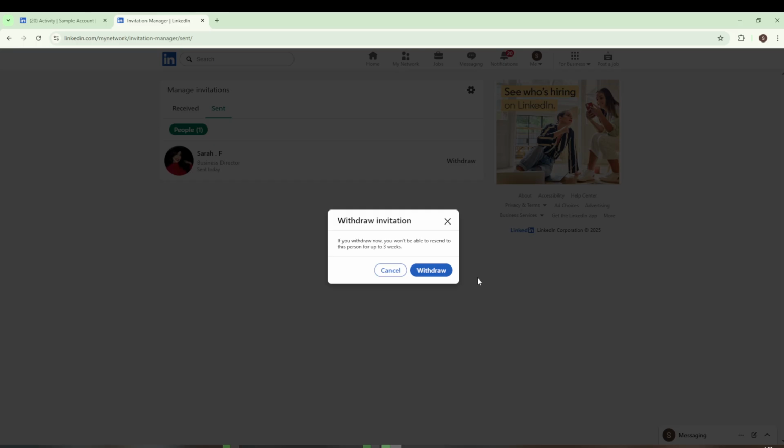You'll see an important note. If you withdraw now, you won't be able to resend a connection request to this person for up to 3 weeks. That waiting period is built in by LinkedIn to discourage repeated invitations and give the other person some breathing room. If you're comfortable with that, go ahead and click